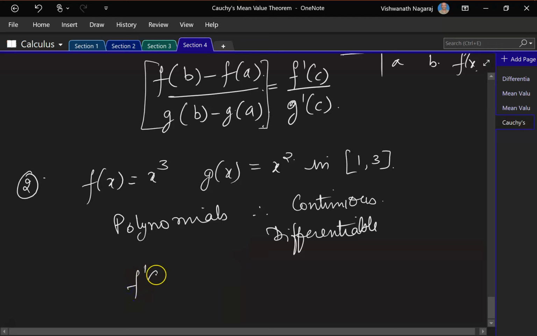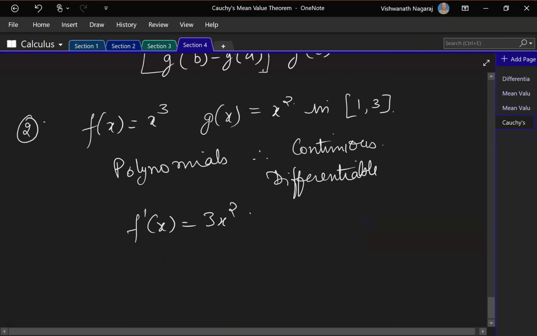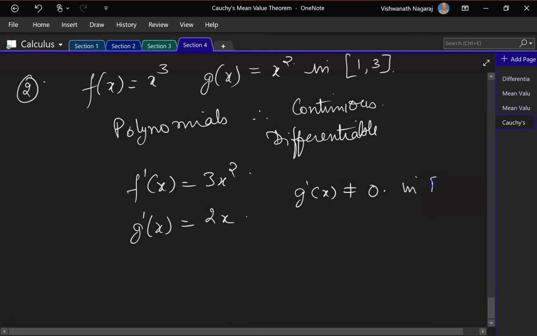Now let's see, f prime of x is equal to 3x square. g prime of x is equal to 2x, and g prime of x is not equal to 0 in the closed interval 1, 3. So by Cauchy's mean value theorem,